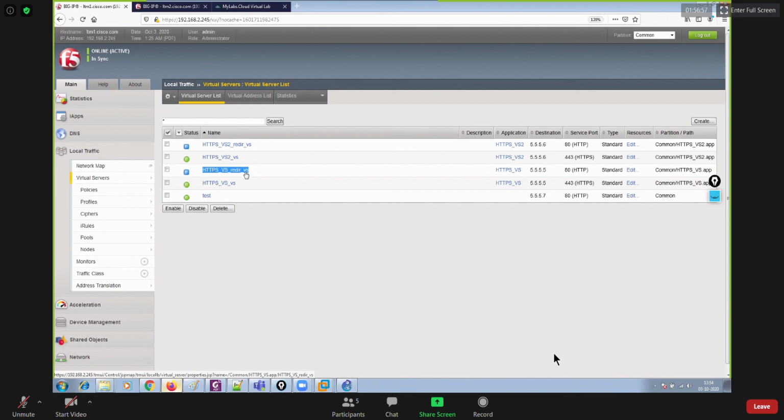So there is no pool attached to these virtual servers by default. That's why the virtual server is not capable of identifying its status, whether it is up, down, whatsoever, because there is no pool attached. The status of the virtual server depends upon the status of the pool, right? If the status of the pool is green, then the status of the virtual server will also remain green. But at the moment, there is no pool attached to them. That's why there is no status, that's why status is unknown. Okay. Any other question from anybody else?